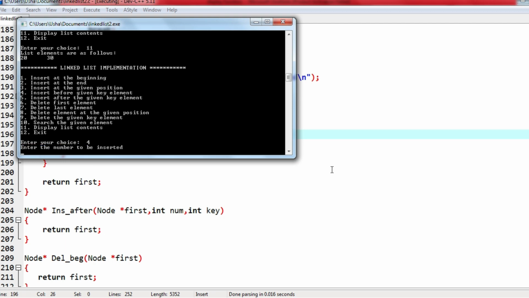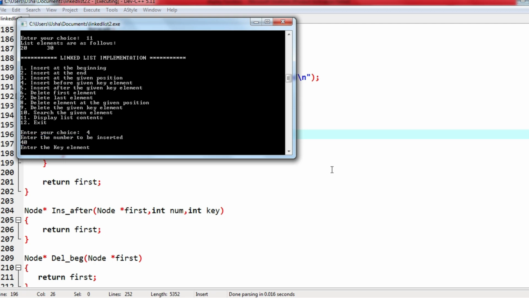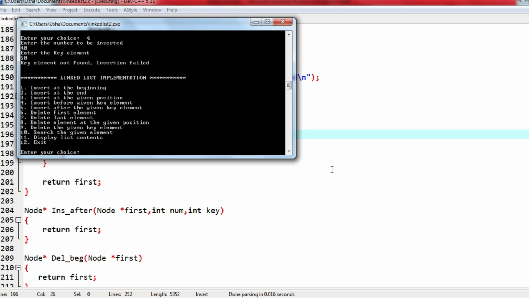I will give number to be inserted as 40 before number 50, which is not existing actually. So key element not found, therefore insertion failed. Okay, so both the conditions were checked. When the list is empty, key element is not found, it gave error message. When the list is not empty, it just checked and then it reached the end of the loop where the key element was not found.